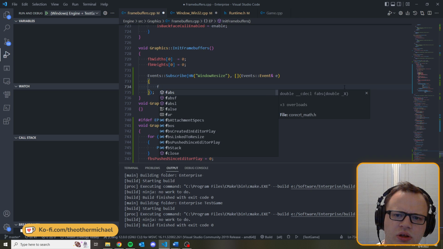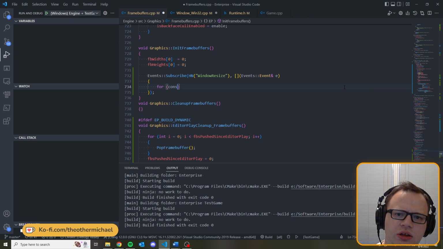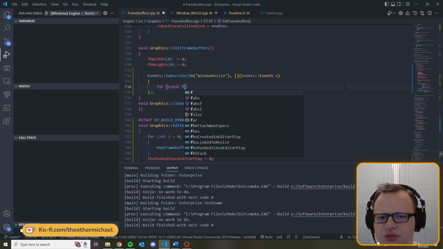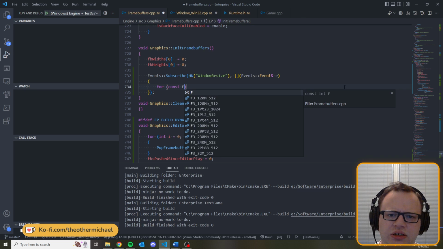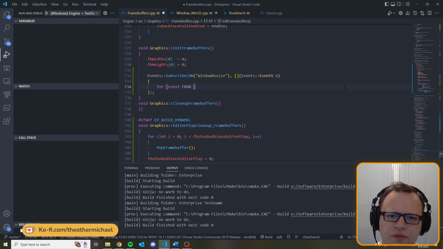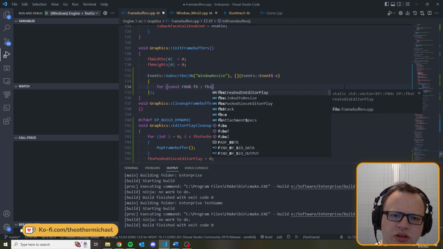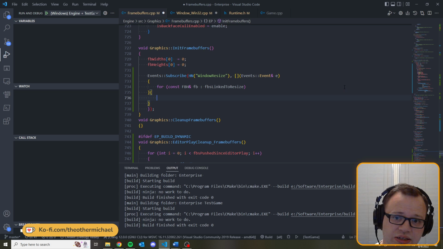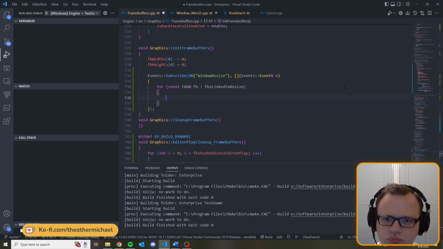So we'll go for every, it doesn't need to be a const reference, but we'll say const reference. Const frame buffer handle reference FB in FBs linked to resize, so everything that needs to be resized. We will invoke resize frame buffer